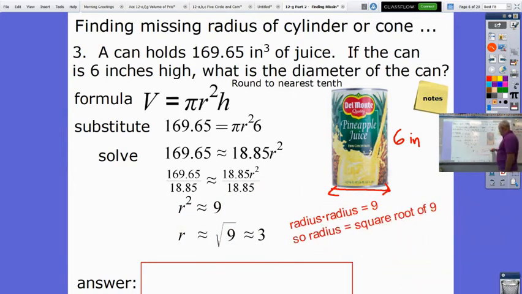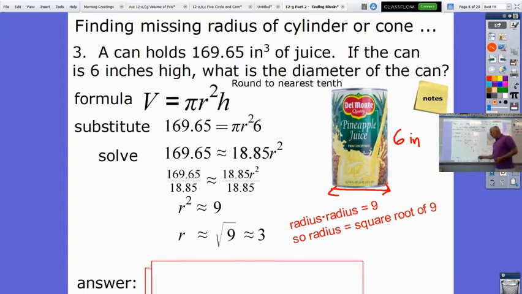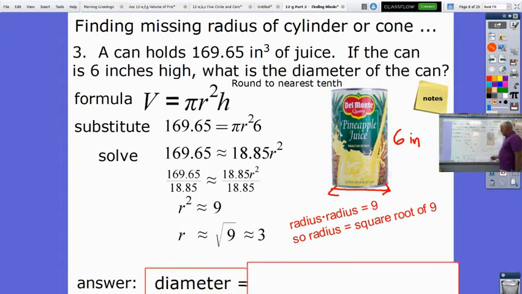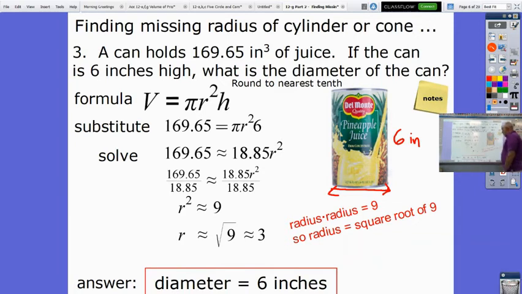R, the radius times radius is 9. So the actual radius of the can is 3, the square root of 9. 3 times 3 gives me this answer. Okay? The last part when you're finding radius is sometimes the question doesn't ask for radius, it asks for diameter. So even though the radius here is 3, the diameter, which is what they asked for, is 6 inches,